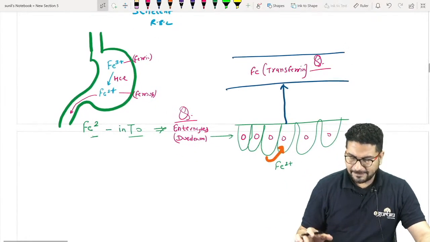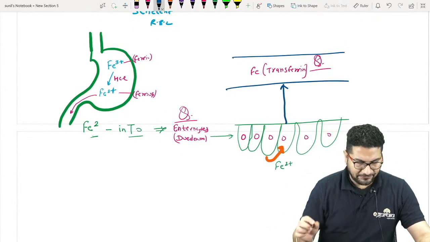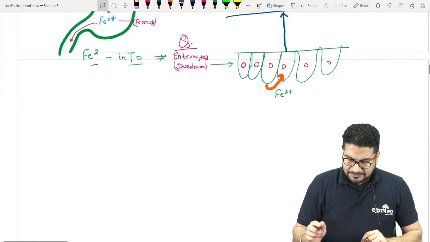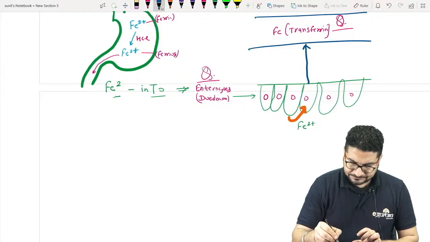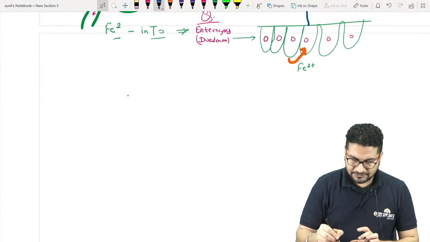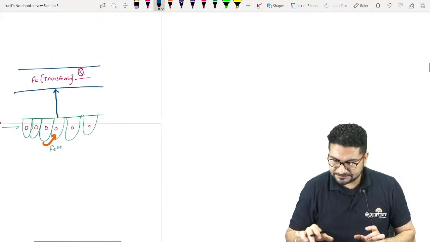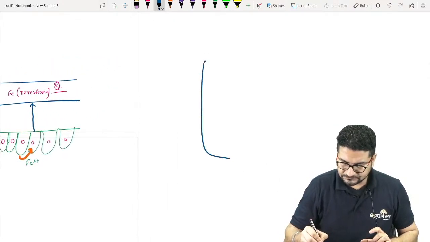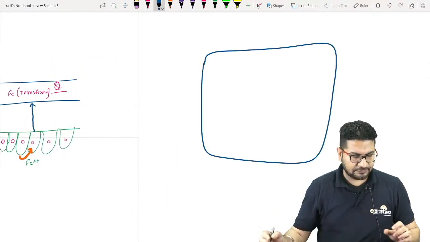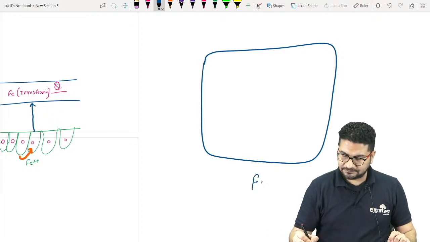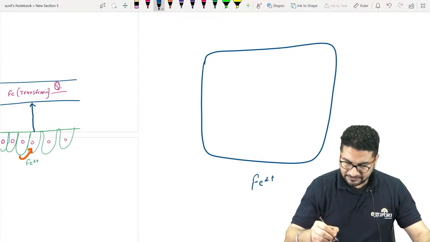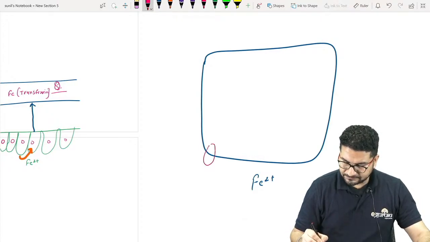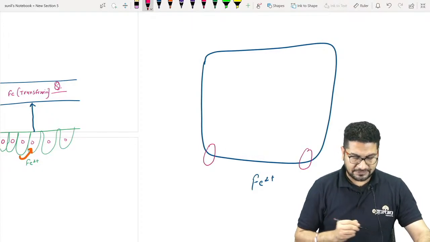Now understand this, if I want to draw one more drawing here, try to understand this. With this drawing you can answer every question. So see once again this drawing. Let me make a drawing once again to make you realize, this is your Fe2+. This Fe2+ is entering. When it's entering, it can enter by two channels. So these are the two channels. This first channel